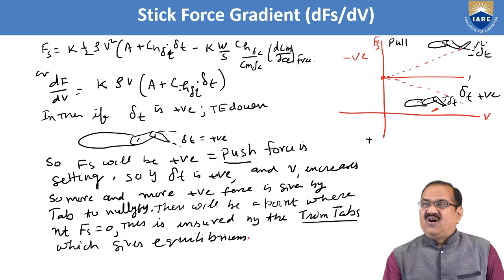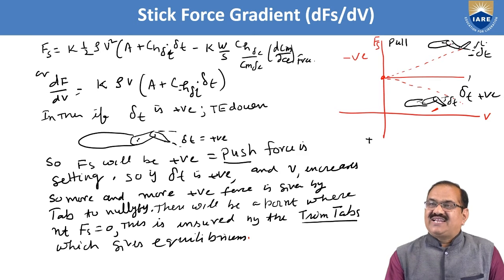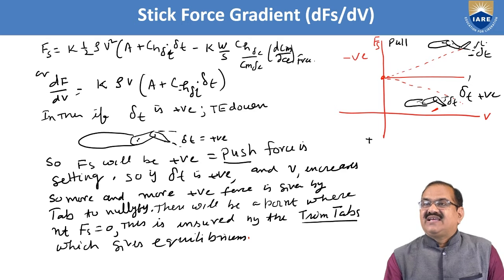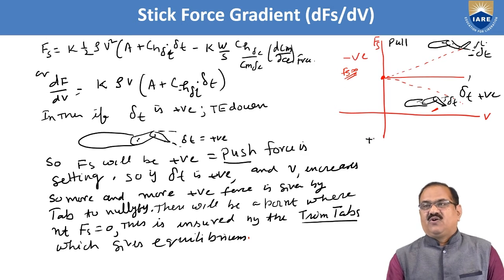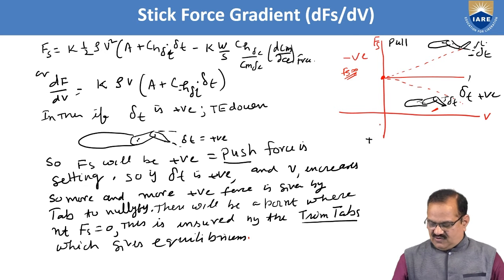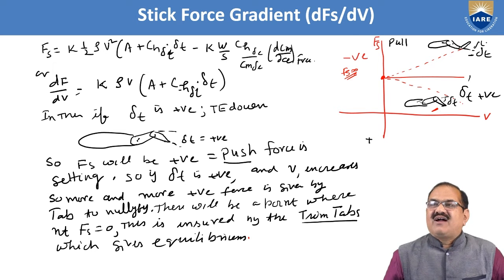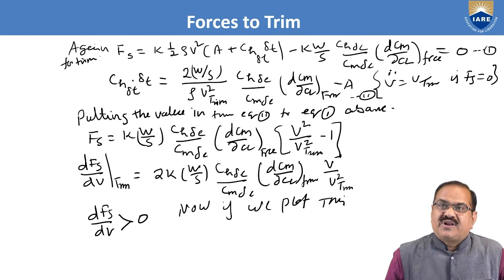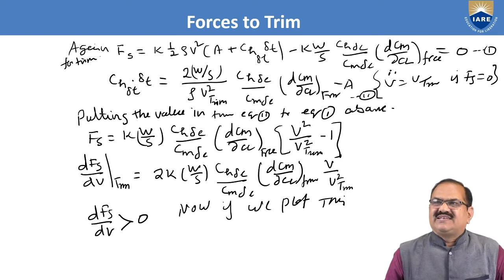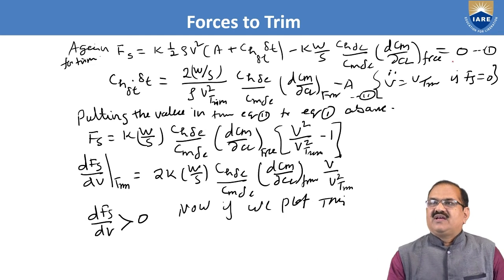The net force of the tab and the elevator will be balanced, and Fs will be 0. So that is the objective of the trim tab, and the aircraft will be in the trimmed condition. Forces to trim: now again Fs, the same equation, and if you make this 0, okay, so